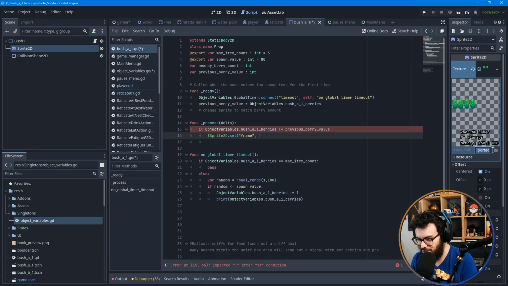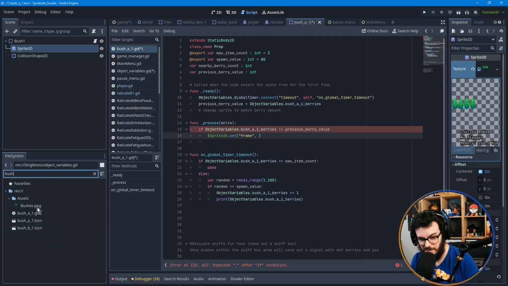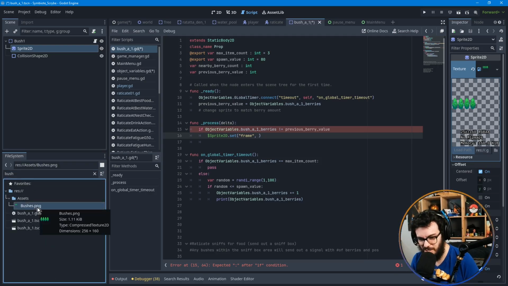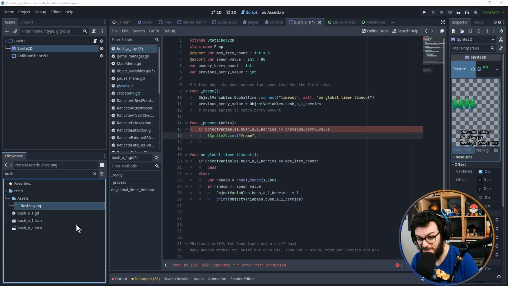Can I mouse? Oh, no. Oh my god. Okay. Fine. You're in here somewhere. I'll just look for you in here. Filter files by bush. Oh, it's called bushes. Seriously? Okay. I would like to open the folder, show me this in Explorer. Open an external program. No, show in file manager. Great. Okay, so then we're gonna